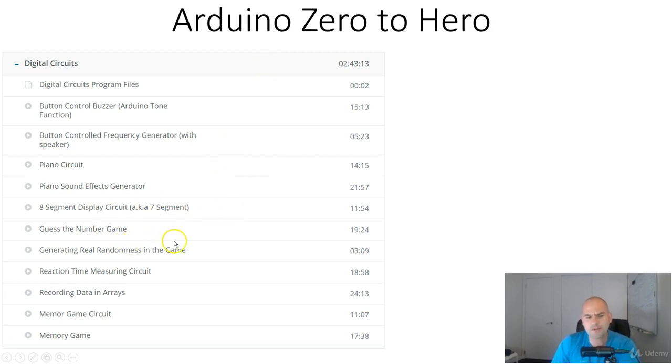This perhaps brings up some issues with the sequences not being truly random, which is an issue with Arduino, but we solve that in a little separate tutorial which uses a function that Arduino created specifically for this type of problem. So after that, we have a reaction time measuring circuit, which is actually a really simple circuit with nothing